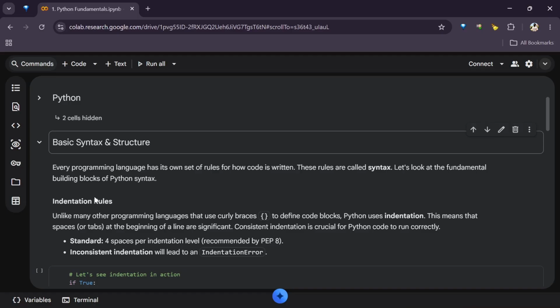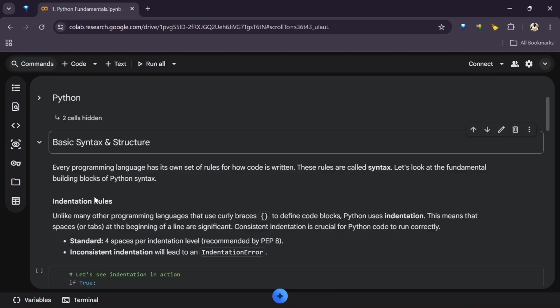Now, unlike many other programming languages where we use curly brackets or parentheses, like C++, C Sharp, and JavaScript, we find these curly brackets.